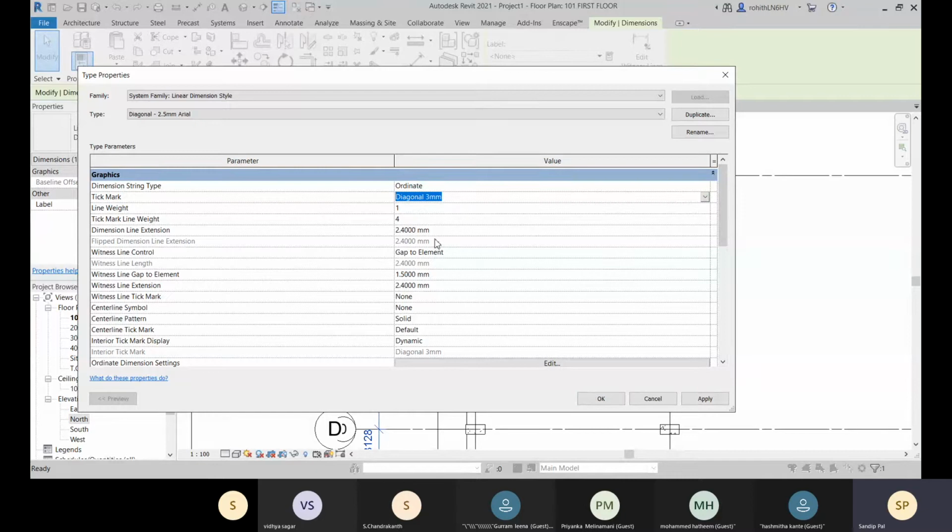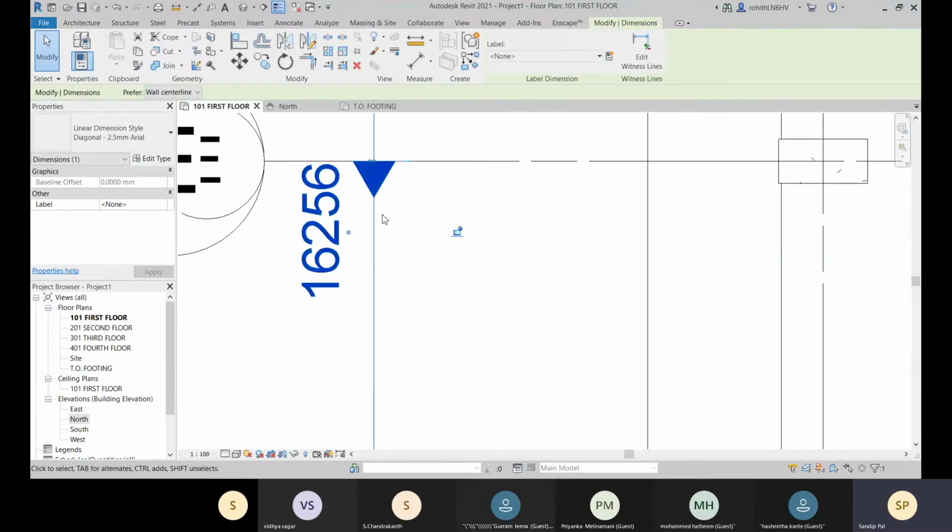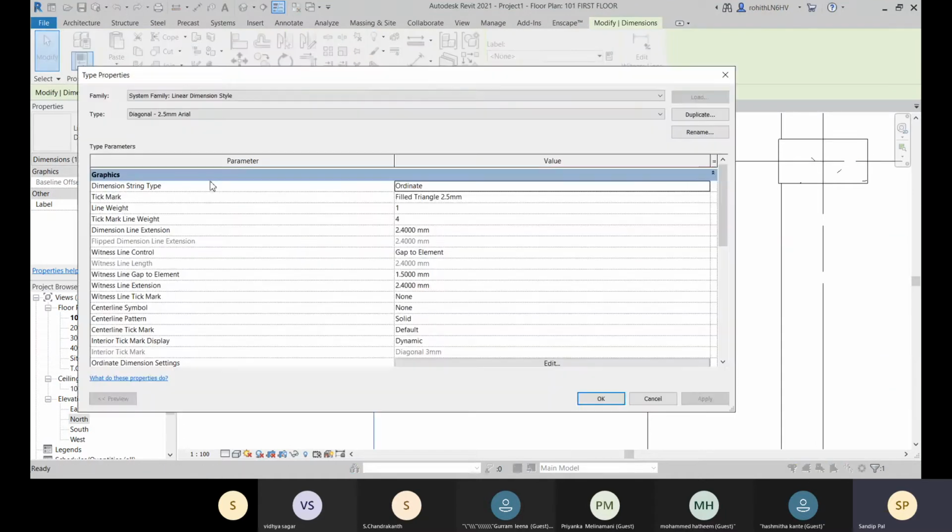Here you have some lists. Go to this filled triangle, this one, and here you can see. Okay, so if you need that type you can go for this one. You have some other options like this. Okay, so let's go to that default one.